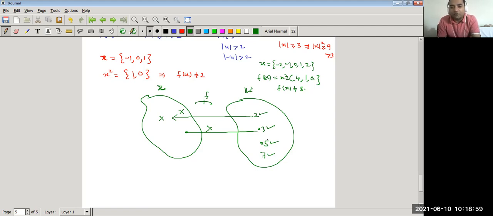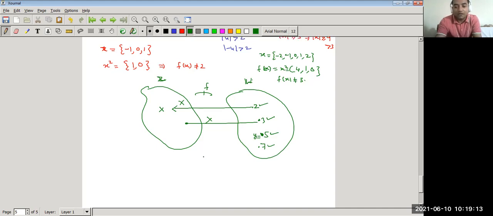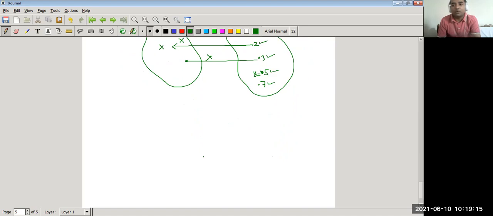You can take any other element 5, 7, 11, 13 or so on. So you try to think about this for 5 and then for 7. Let y equal to 5, and corresponding to this y you have to find that there does not exist any element whose square is 5. So this is the way we can think about why the function is not an onto function.